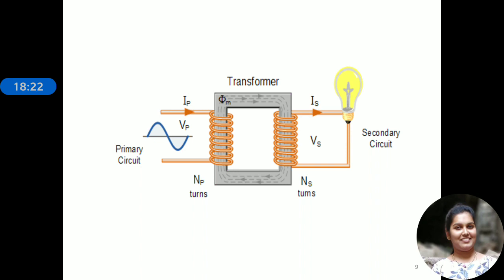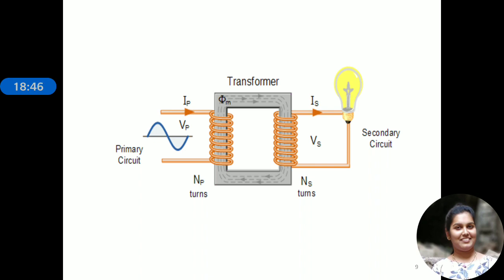The two coil windings are electrically isolated from each other but are magnetically linked through a common core, allowing electrical power to be transferred from one coil to the other. When the electrical current passes through the primary winding, a magnetic field is developed which induces a voltage into the secondary winding.